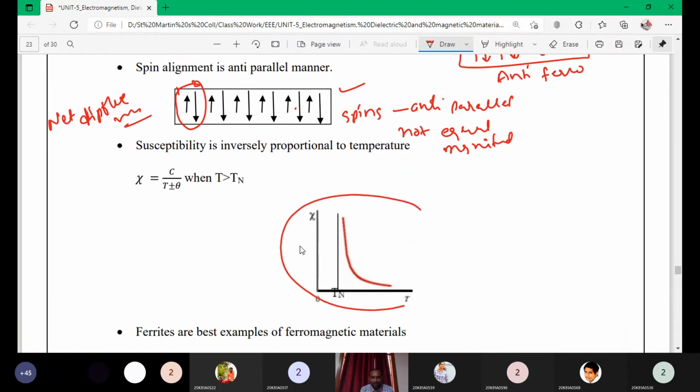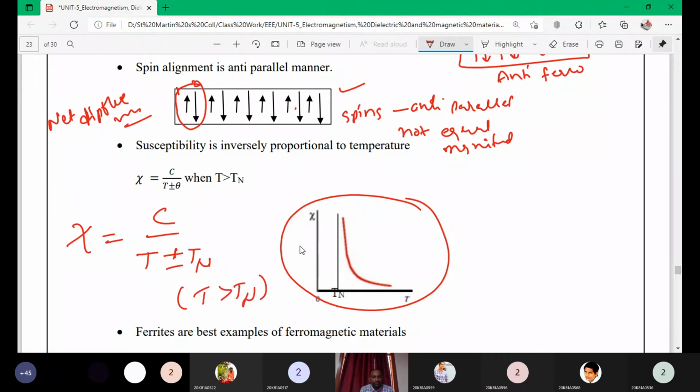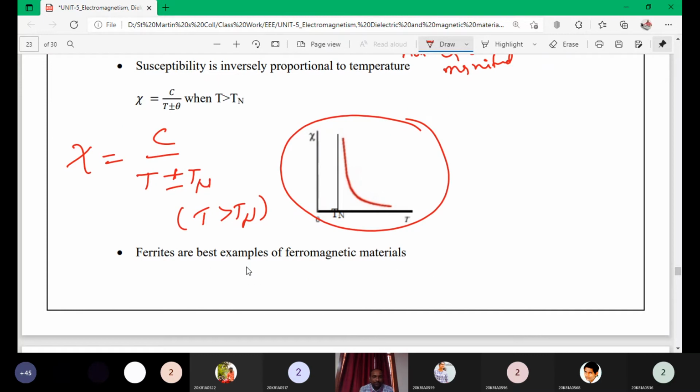Here also you can see this. If you draw the diagram, susceptibility versus temperature, there is a small difference. See, by T plus or minus Tn, this material sometimes behaves like this: susceptibility sometimes positive and sometimes negative. Here also you can write T greater than Tn. This Tn is the Néel temperature. You draw this diagram, and up to a particular temperature you can draw like this also,